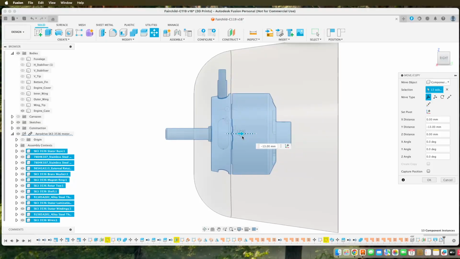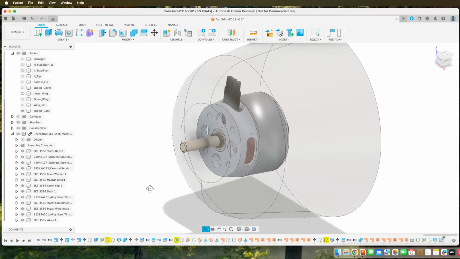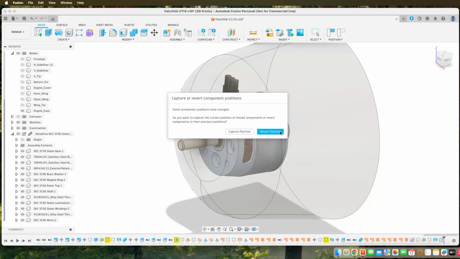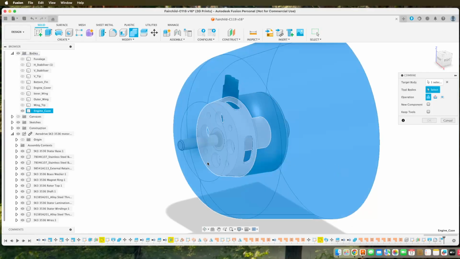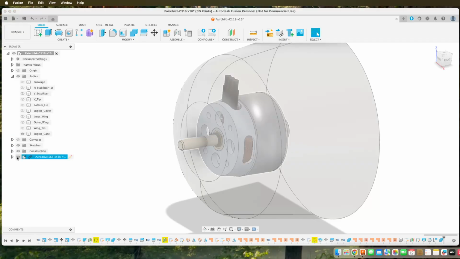Enough for the propeller. Let's put it there. And that. Okay. Then combine, capture position. That's the target body. I want that. And I want the cut. Okay. So now if I hide that,